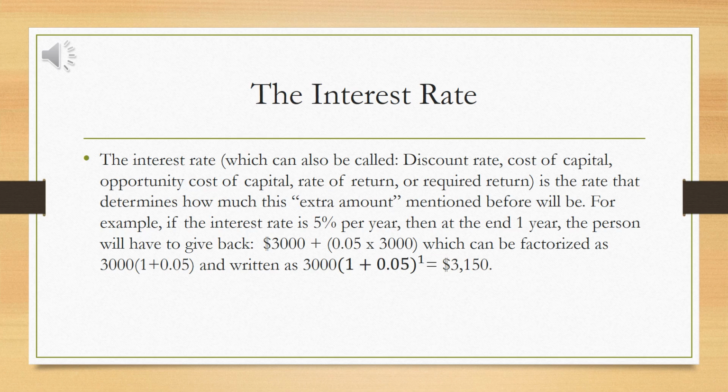For example, if the interest rate is 5% per year, then at the end of 1 year, the person will have to give you back the $3,000 plus 0.05 times 3,000, which can be factorized as 3,000 times (1 plus 0.05) and written as 3,000 times (1 plus 0.05) to the power 1. In other words, after 1 year, the person has to give you back